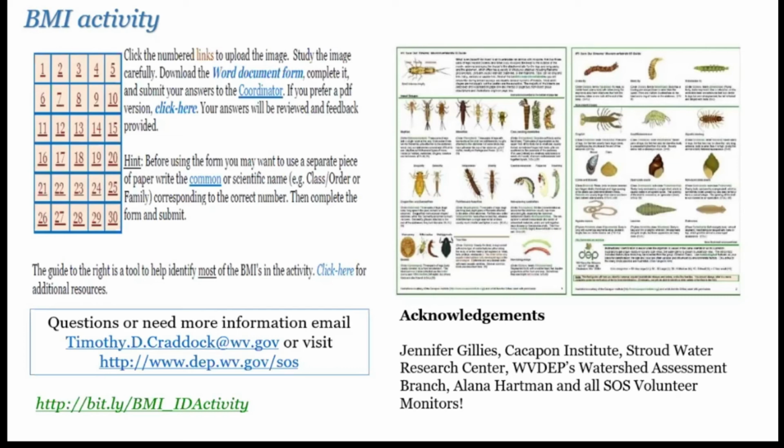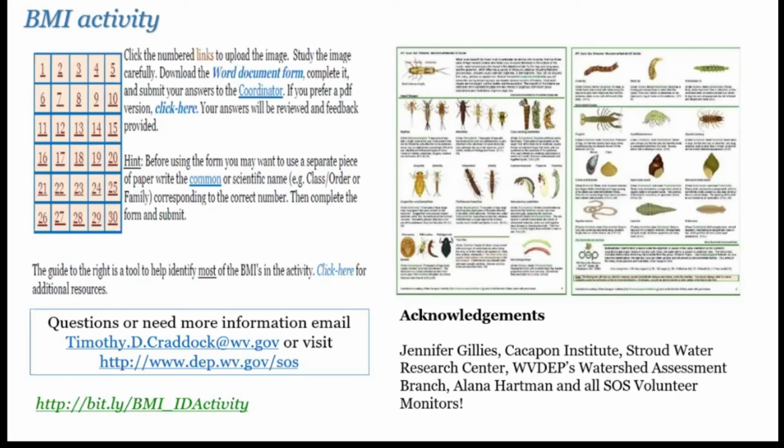So all you have to do is follow the instructions. There's a form to download. You can download the Word version or the PDF version, complete it, fill it out, save it to your hard drive, save it to your computer, save it to your phone, and email it to me, and I will do the evaluation and we'll figure out who the winner is. Now, if there is a tie, then I'll come up with something to break that tie. And right now, I'm not sure what that something is, but we'll figure that out.